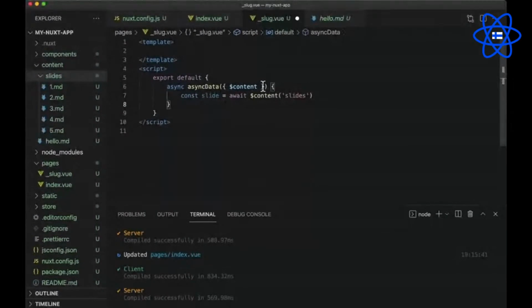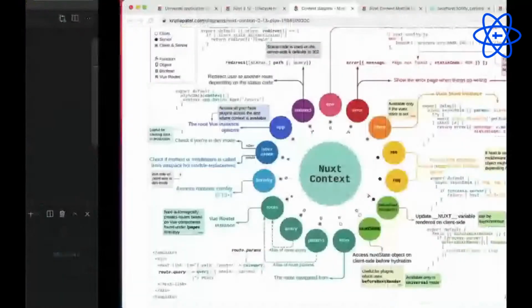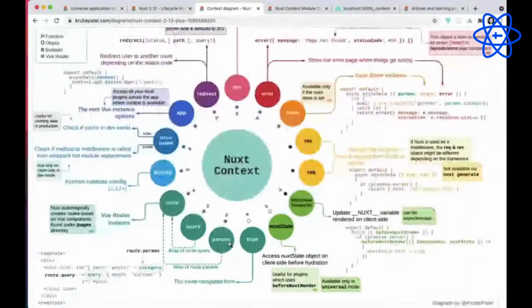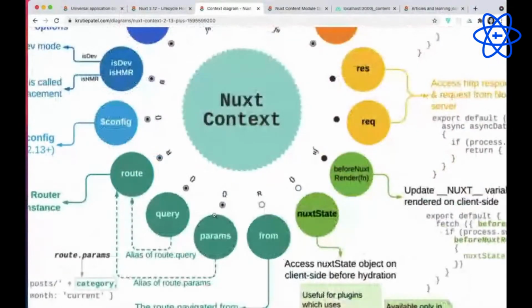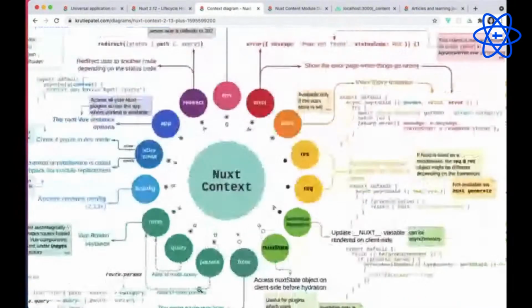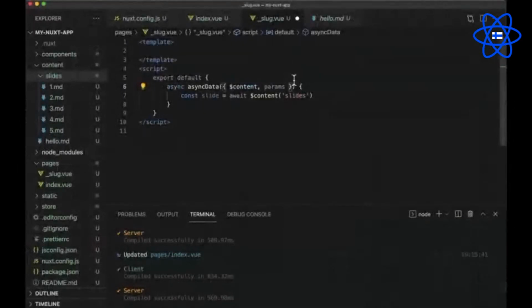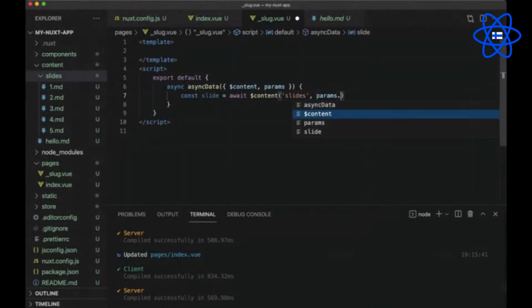Now to access the parameter in asyncData, we can use another special Nuxt context key called params. If we take a look at our Nuxt context diagram, we can see that params is one of the keys available to us, which is short for route.param. So we would go back, add params, and as the second argument, we will add params.slug.